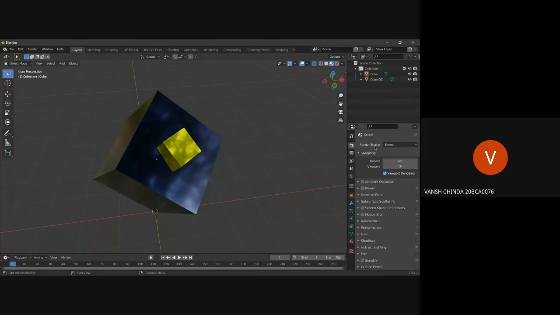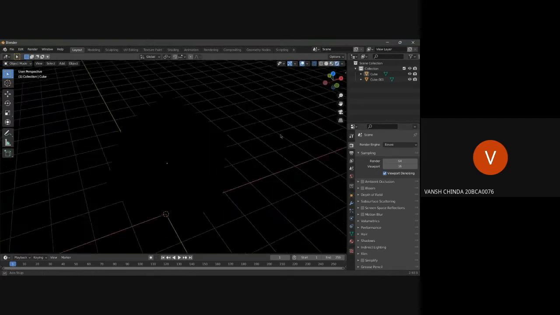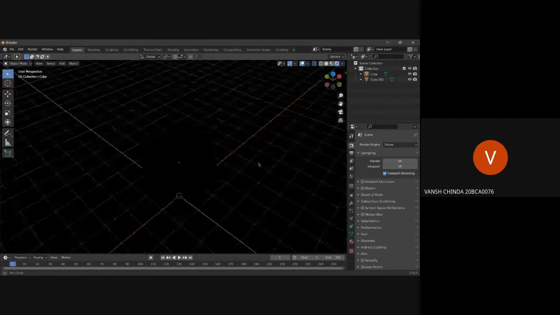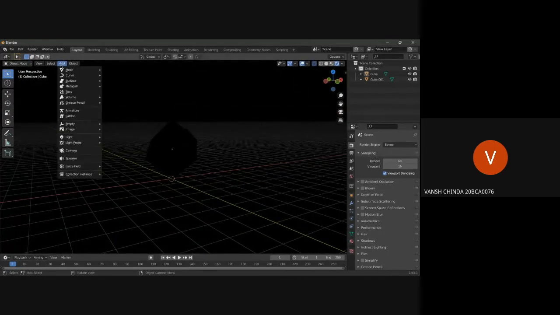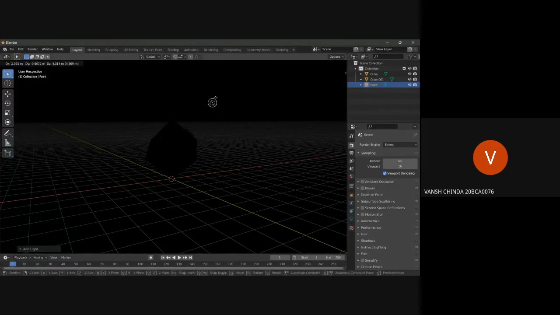So you can see here the render engine. WebGL is also a render engine. It does a lot of stuff very similar to these three render engines. These are the default render engines in Blender. We are using Eevee right now. So if I go here, I don't think you will see anything. So why did everything turn black? Because there's no light. It's very same in Blender. I'll show you this. If you don't add any light, there won't be anything. So let's just keep it really simple. Add a point light. Point lights are really simple.